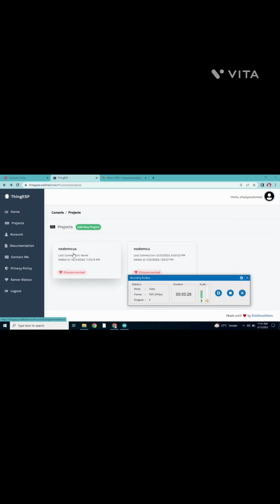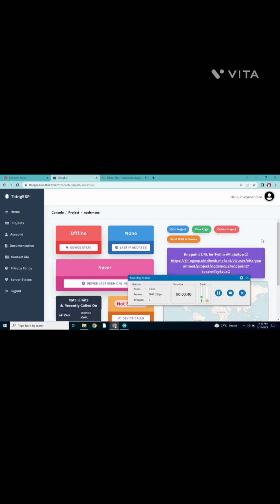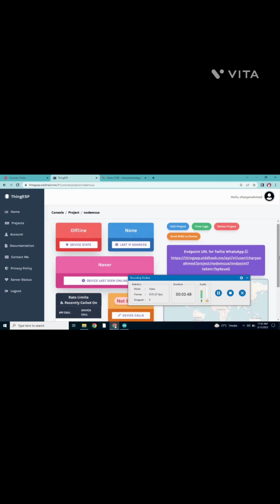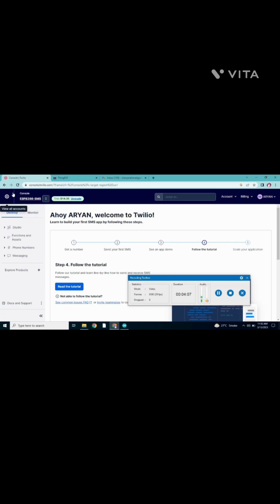Now it creates the project like NodeMCU, and you can see it was added on 3/13/2023, the same date I made this. For some reason it will give an error, but I don't know why, but it will create it. It is working. After that it will give this OTP or URL, which we need to repeat here, and we can go to the Twilio account and use this button,